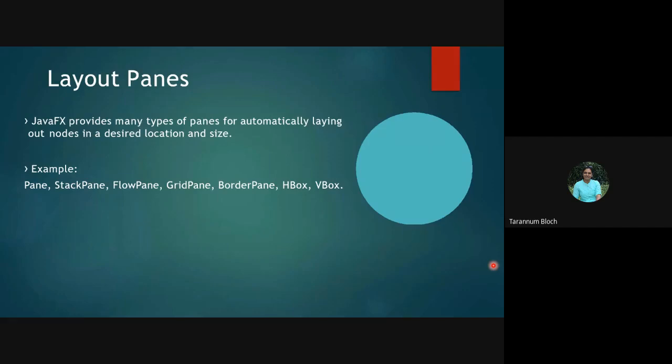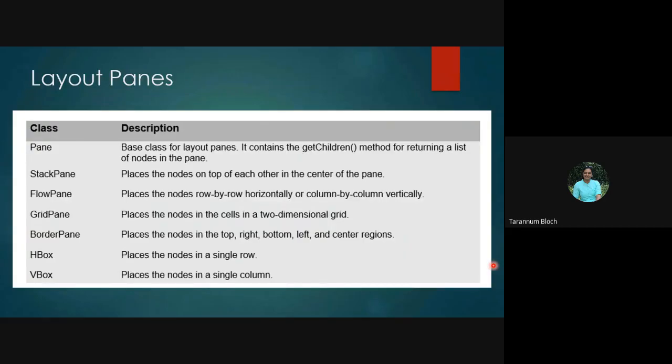So as we said, these layouts are the placement of your nodes on your screen, and for that we are always using the panes. We do have various layout panes. From that, Pane, StackPane, FlowPane, GridPane, BorderPane, HBox and VBox are the examples. These are the layout classes which we listed just now. Each of them is a class available in JavaFX, and each of them has certain functionality which makes it different from the others.